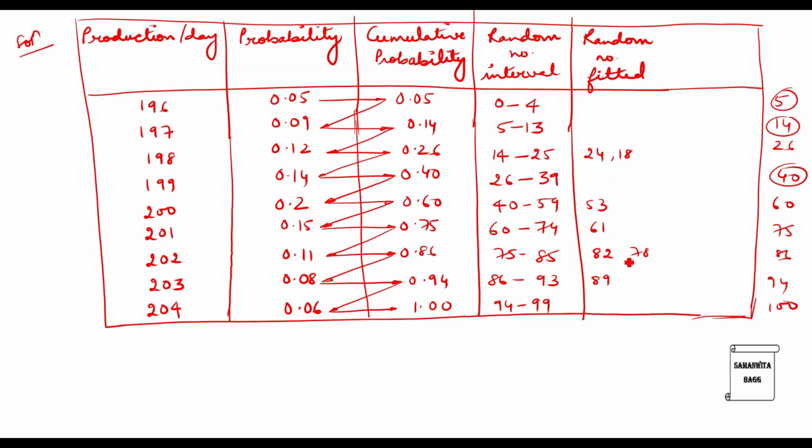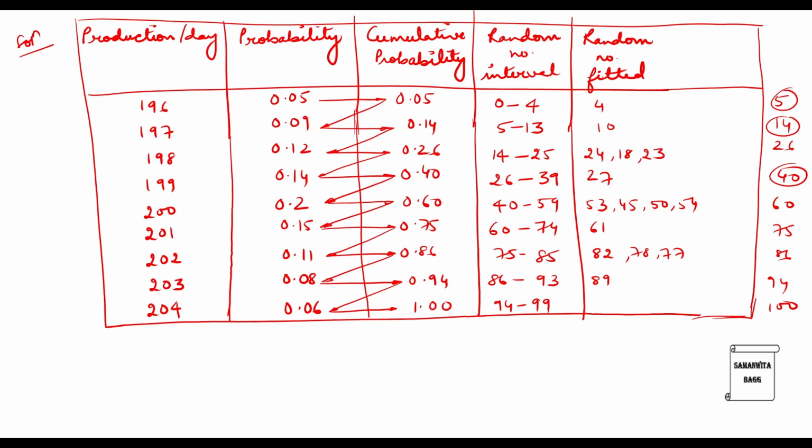You can also associate the number. Okay, so you can associate and write over here. Then we have 45 which fits here. Then 04. Then we have 23, 50, 77, 27, 54. And last value is 10. So we have fitted all the 15 random numbers that are given to us.